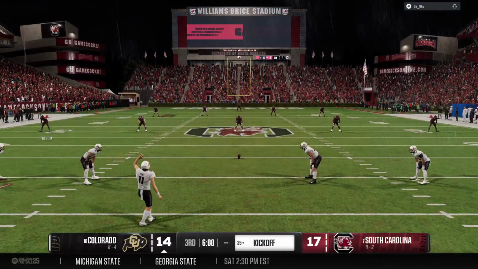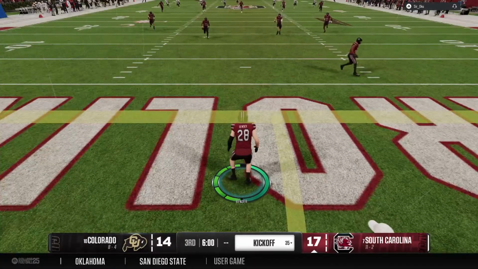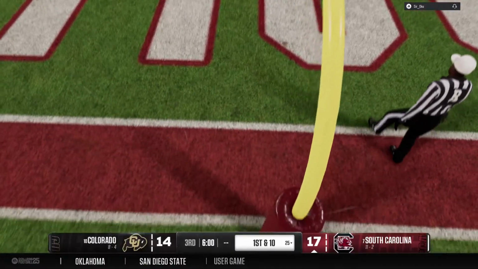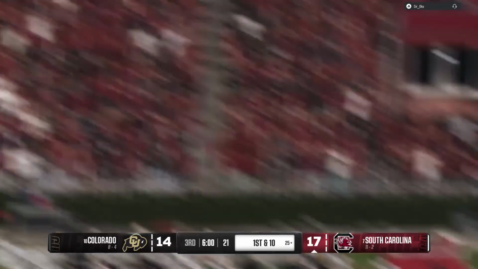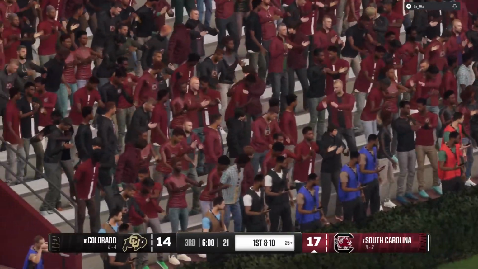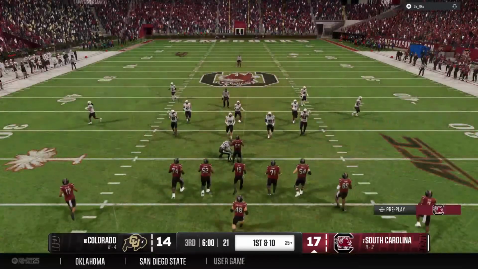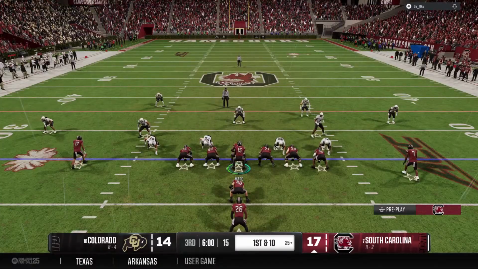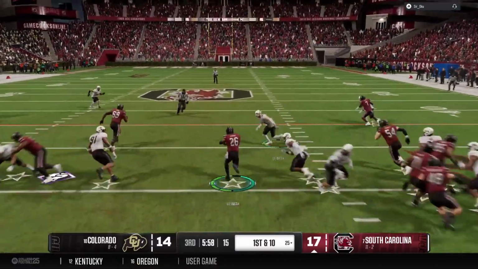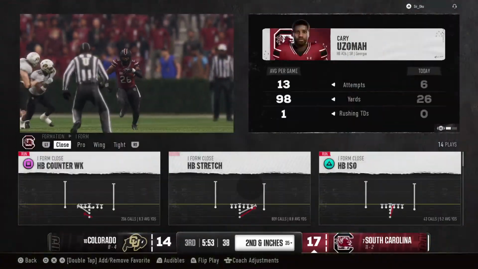The Buffaloes will kick this deep to begin the second half. Number 11 sets to kick this one off. The kickoff is hammered, sails out the back of the end zone for a touchback. Offense is back out there on the field. And they'll start the third quarter here on the ground. And the broken tackle there produces a solid gain.